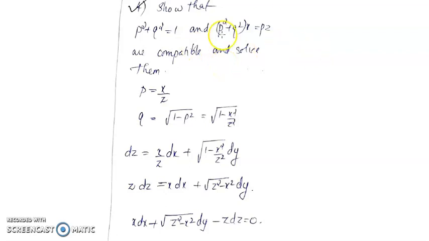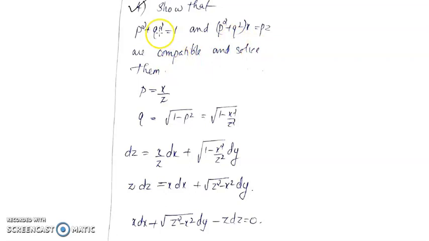Now once it is compatible, you can express p and q in terms of x, y and z. So I'll first find out what is p and q. അപ്പോൾ ആദ്യത്തെ ഇക്വേഷൻ എന്ന് p square plus q square equal to 1 ആണ്. So using that here in the second equation, you will get x equal to pz. അപ്പോൾ നമുക്കതായിട്ട് p equal to x by z കിട്ടും.